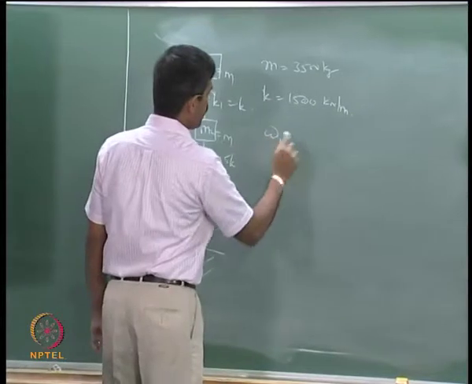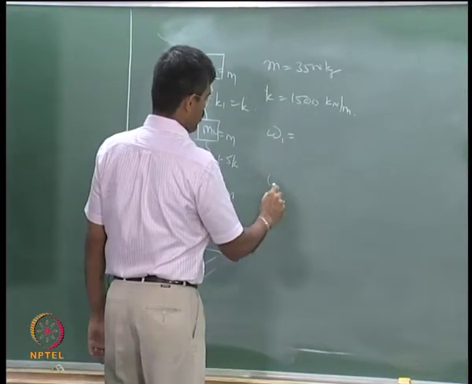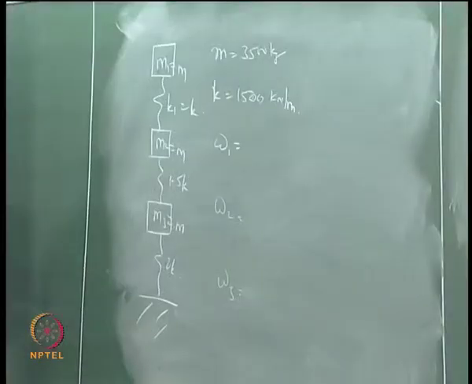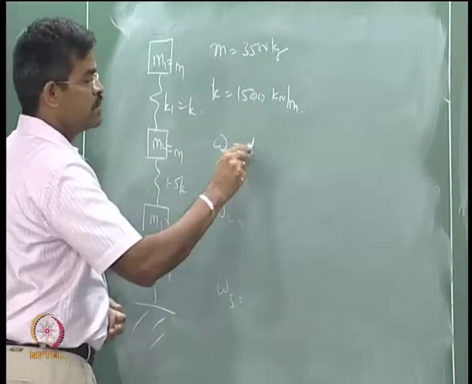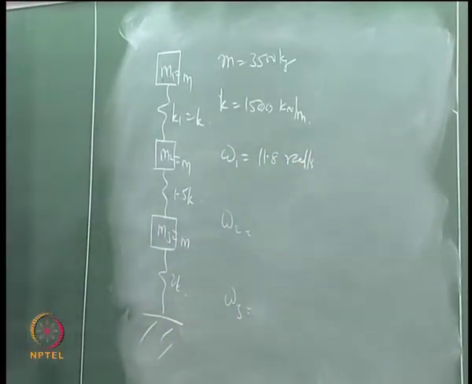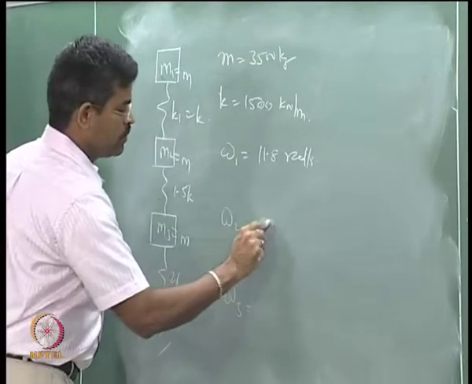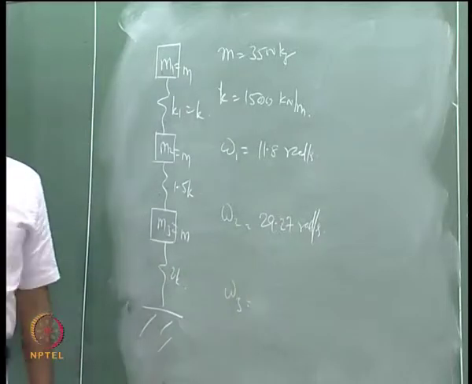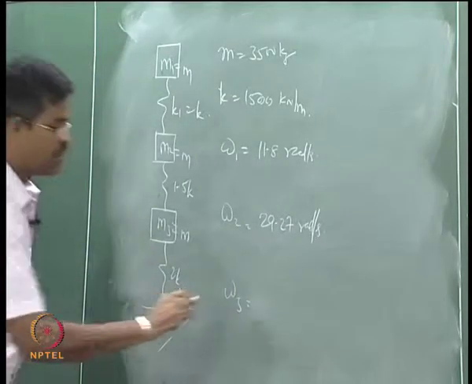So I had omega 1, omega 2 and omega 3 as 11.8 radians per second, 29.27 radians per second and 44.778